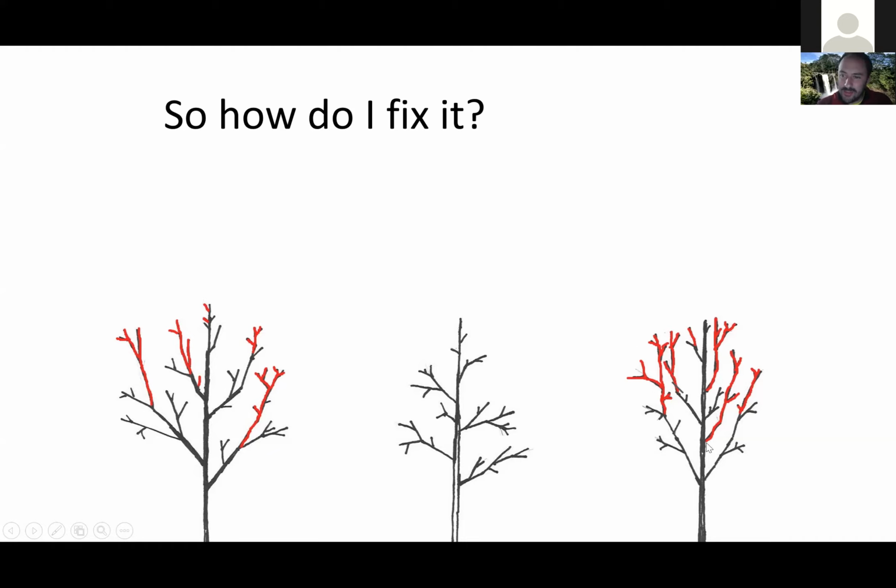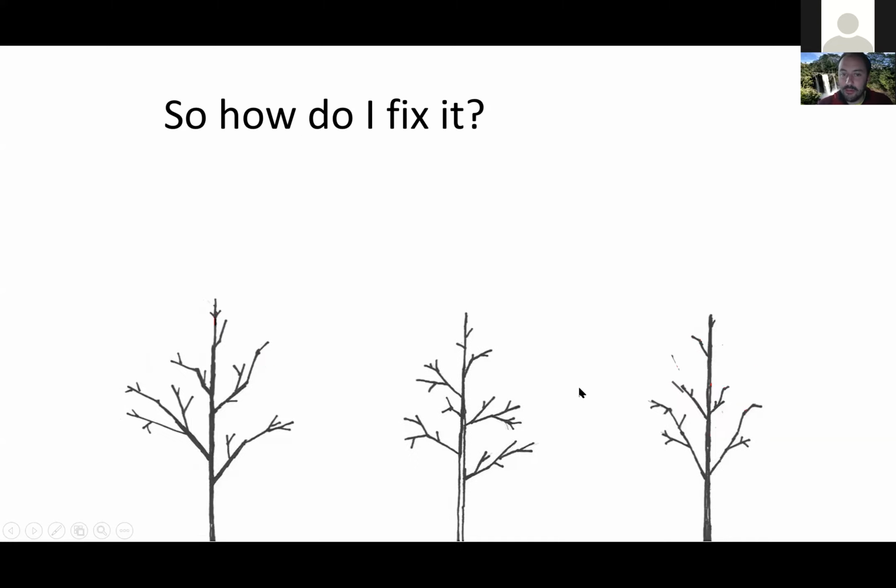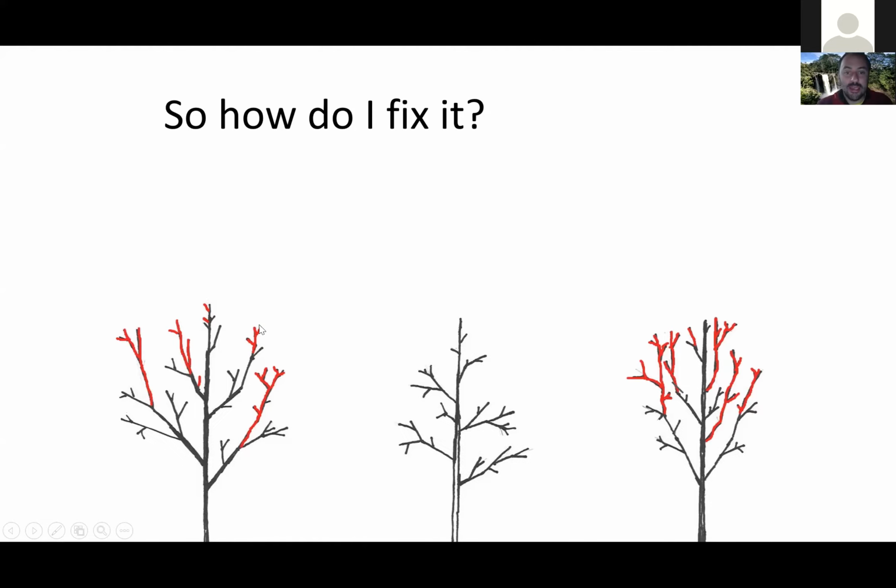Hard to say if any of these branches are large the way I drew this, but I either removed or shortened all the competing leaders. So, it goes from this to this, right? So the question is, could I have done that in the real world? On this tree, I'd say, yeah, probably, right?